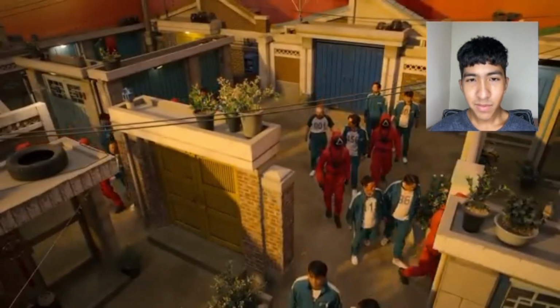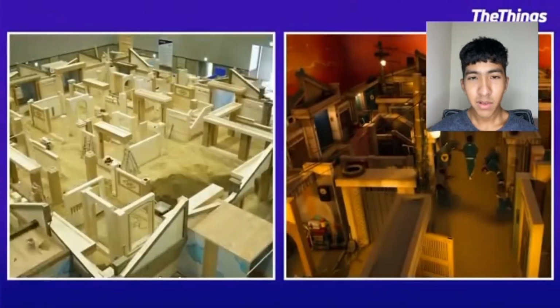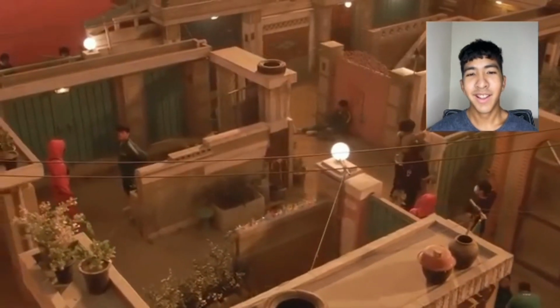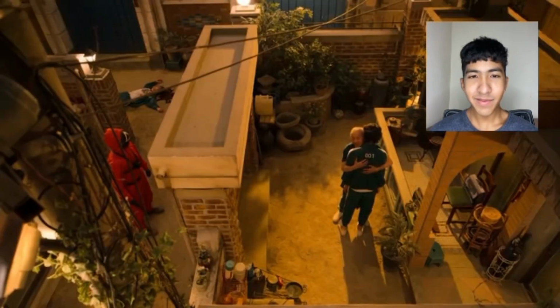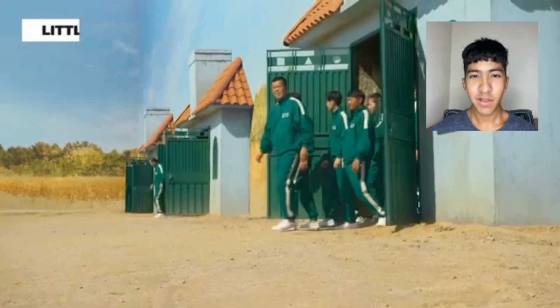All the houses and streets we see were built from the ground up. No small feat, but so worth the final, incredible product. The set had the power to transport the cast members themselves to other places, so it's no surprise they've completely captured us. For director of the series Hwang, it was important to build an authentic world so the team could